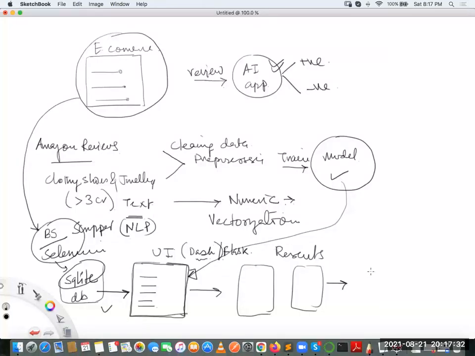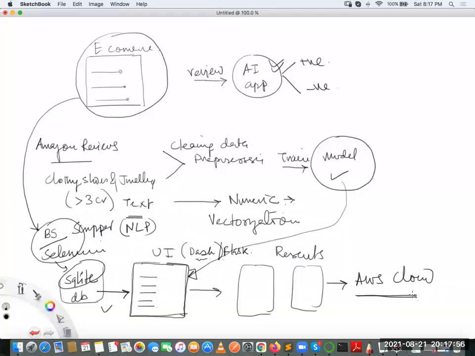So we should have a public URL so that our customer can use it. We put that onto the AWS cloud. There are lots of cloud services available, guys. Google cloud services are there, Amazon cloud services are there, Microsoft Azure cloud services are there.